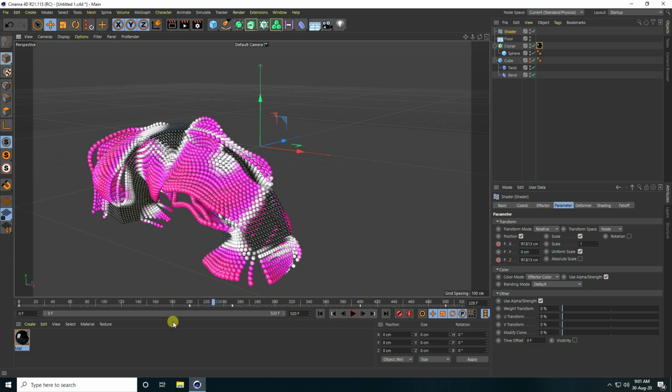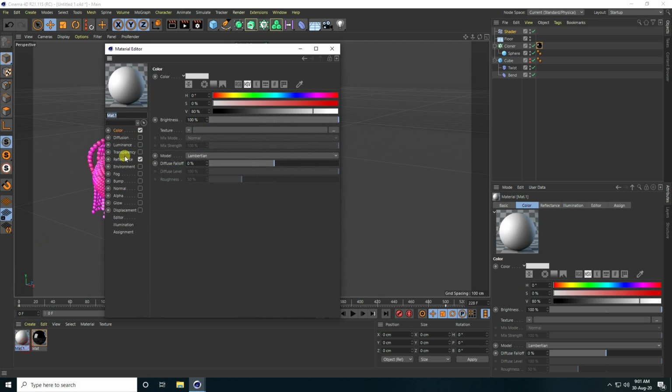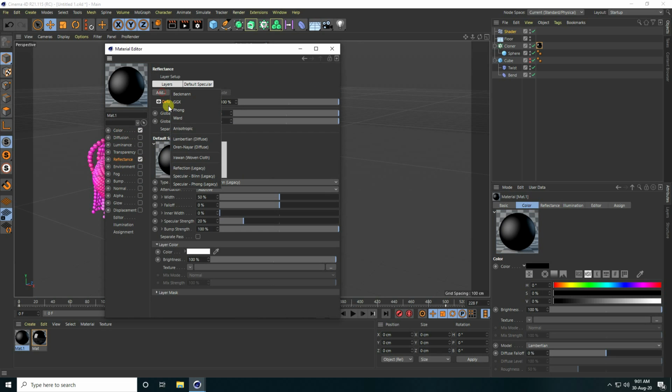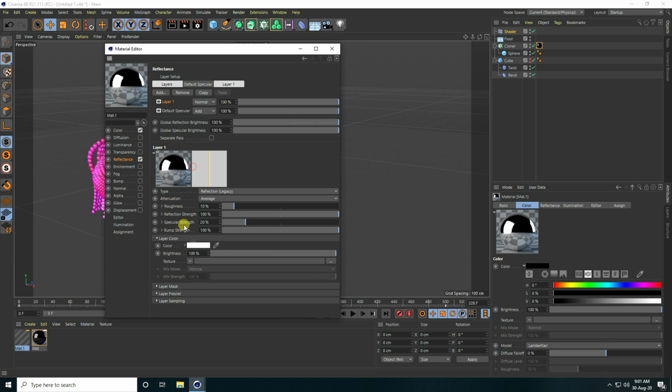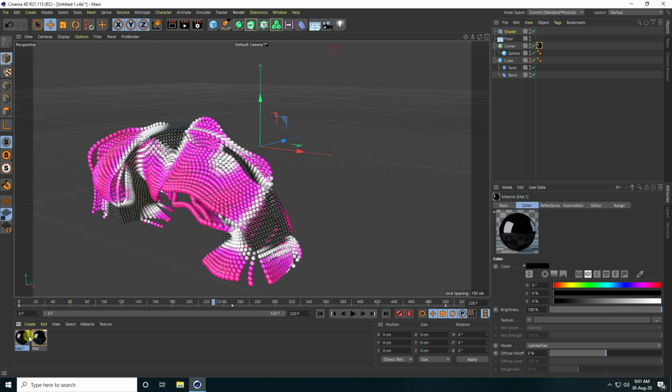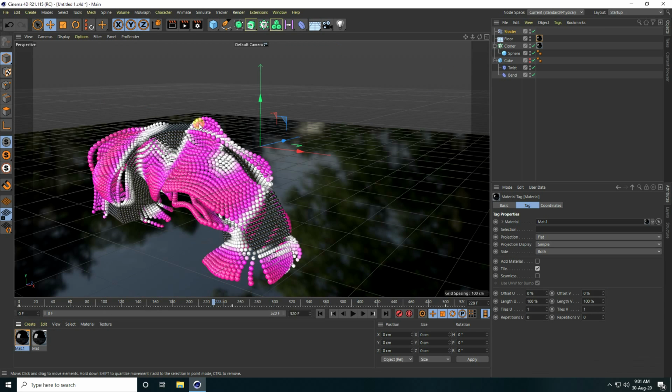Okay, so now guys, I create a material for the background floor. So stop and go here, create a new default material. Guys, color I take black, and reflection I take reflection legacy, and brightness I take 30 and roughness I take like 2. Yes, so close and apply on the floor.